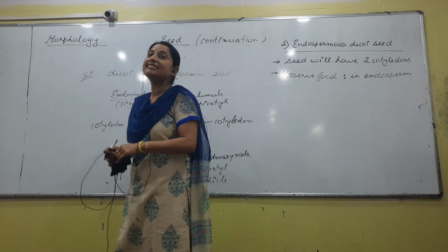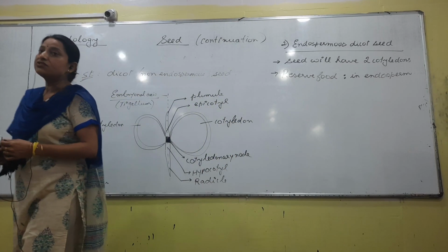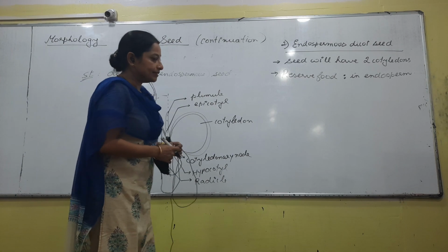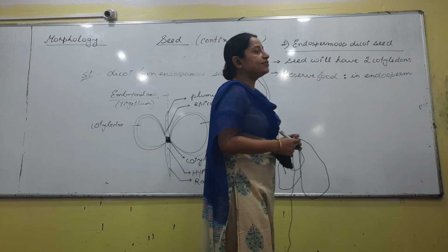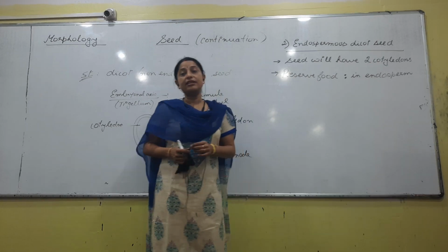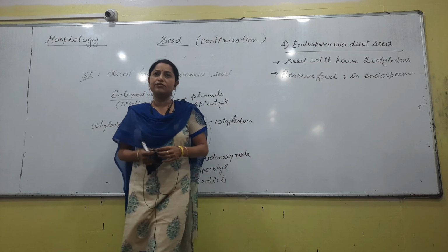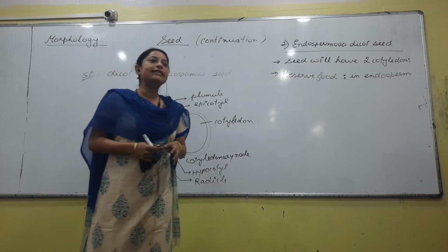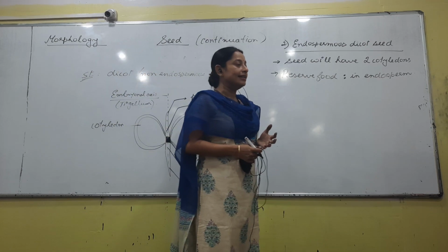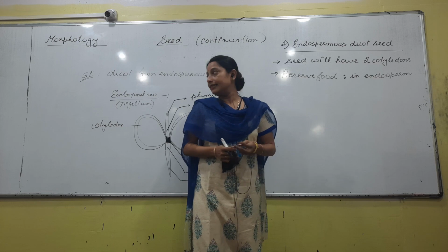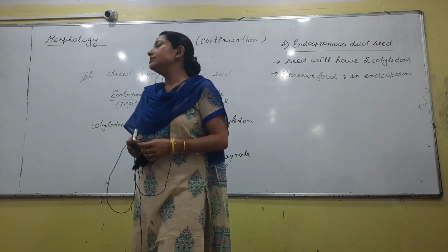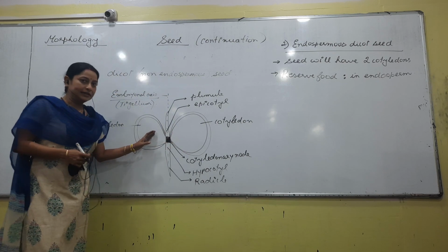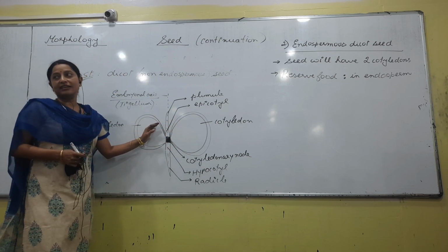In those cases, which seeds are non-endospermous, the question is where the reserved food will be. Are you getting the question? The seed has to have reserved food for the baby plant. If it is endospermous, it's not a problem, because the endosperm tissues are nothing but nutritive tissues. So, the food will be inside it, and the baby plant will take it, right. If the seed is non-endospermous, then in that case the reserved food would be present in, for example, in this one, I don't think you see the endosperm in such a structure, right.